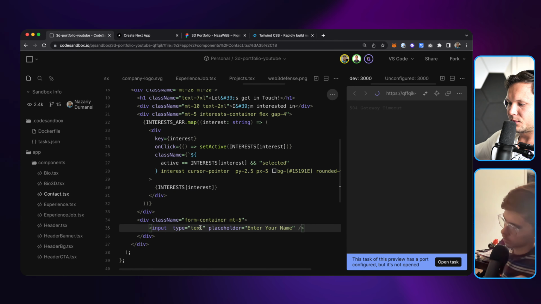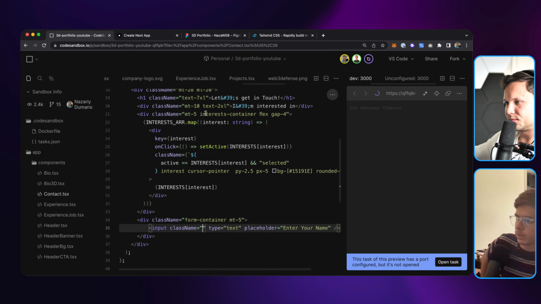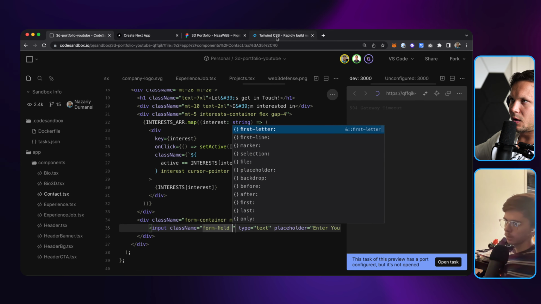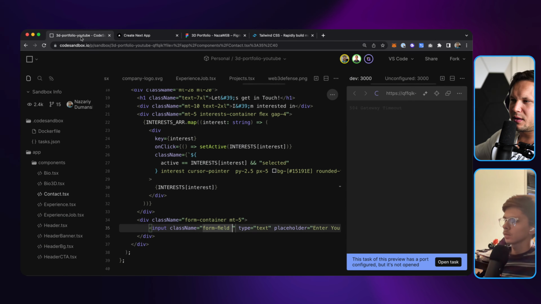So we can do class name. Call it like form field or something. Sure. Yeah, there we go. And for TailwindCSS, so first thing, so it's remove. Okay, so first we can actually